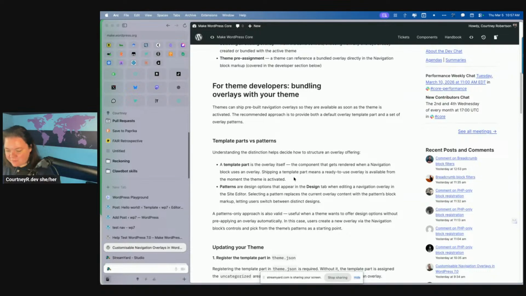The template part is the overlay itself. The overlay shows when the button menu is toggled on. So it's probably set to only show on narrow screens, Carolina says. Thank you, Carolina. Let's go to